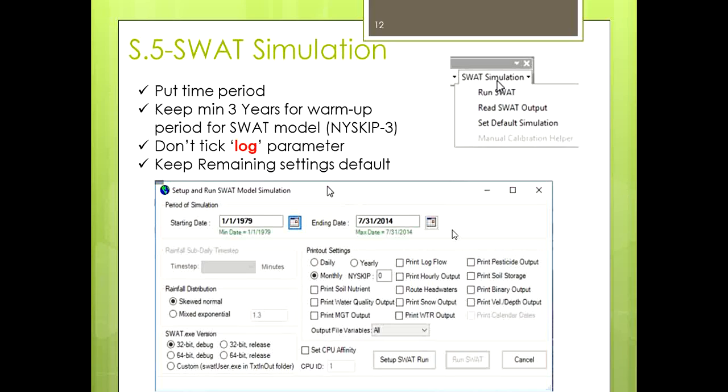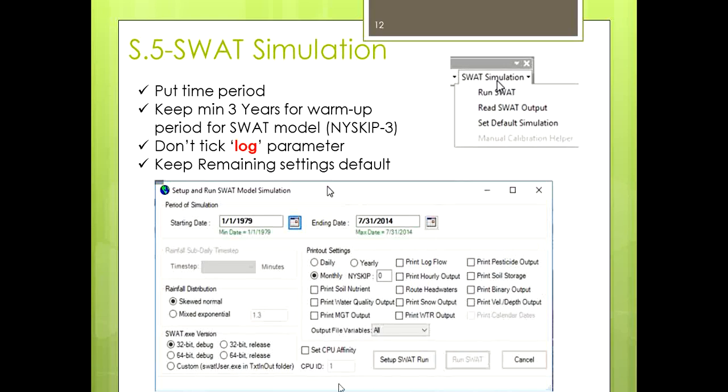So you have to set this parameter, that is NYSKIP. Minimum 3 years, you can increase the number. Then don't tick the log parameters. Here the print log flow, don't tick this box, and keep the remaining settings as default.